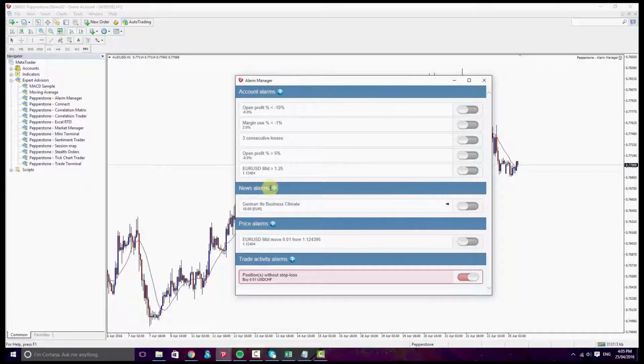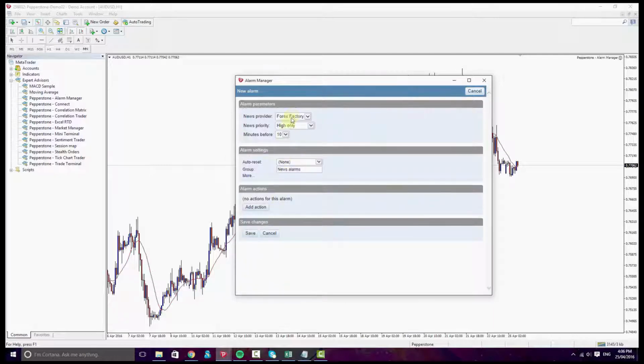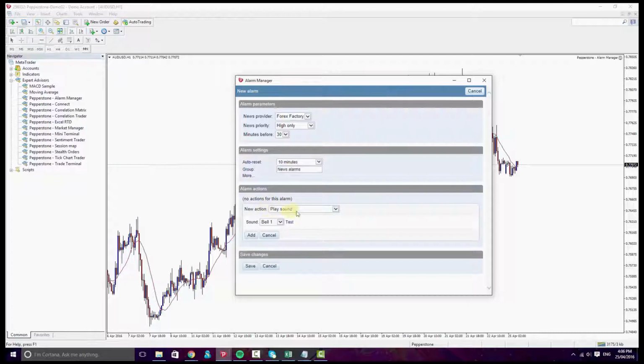We can also set alarms based on news. So if we select news alarm, go down to economic calendar, select where we want the news provider to come from. Let's select Forex Factory. We only want whatever type of news priority we want. So let's say it's high only. We want it to alert us 30 minutes before the news. We want it to potentially auto reset. So let's say it auto resets after 10 minutes, and then we go add action,